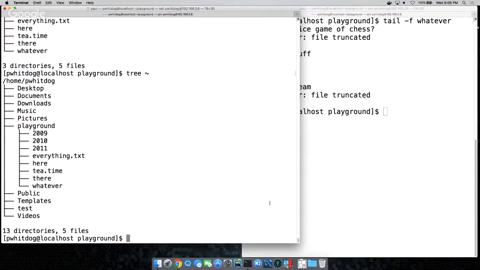Do you ever find yourself lost or forgetting what server your SSH is on? Yes. As you're going through different servers, I just ran a command and I'm on the wrong server. So I tend to do tabs in my terminal. In OS X, I create multiple tabs and I try not to change SSH contexts within the same tab. The prompt says pwit.dog at localhost, which doesn't quite help, but it'll say at 52.36 whatever, and then the tab will indicate what server it is. So it's red on your production server. Yeah.